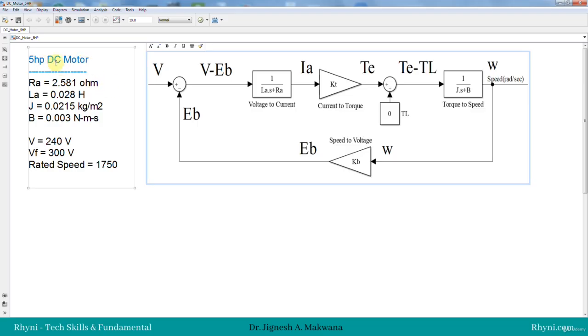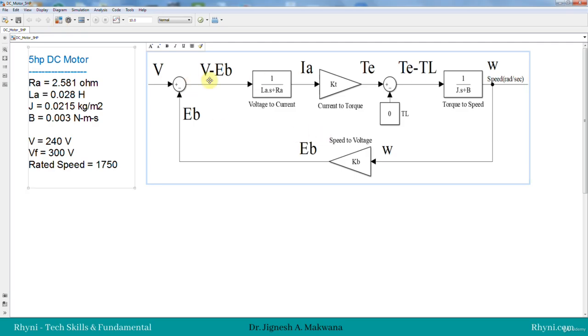So this 5 HP DC motor has its resistance, inductance, inertia, viscous friction, and the rated voltage of armature, rated field voltage and rated speed are given. So we will model this DC motor from the mathematical equations that we already derived, and in block diagram form it gives a clearer idea about how we can simulate and build the Simulink model in the Simulink